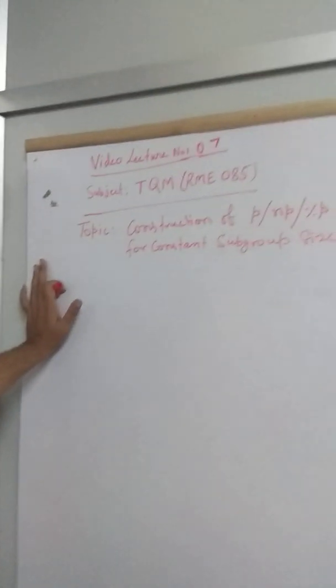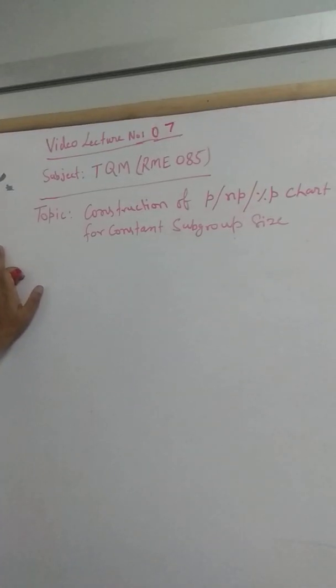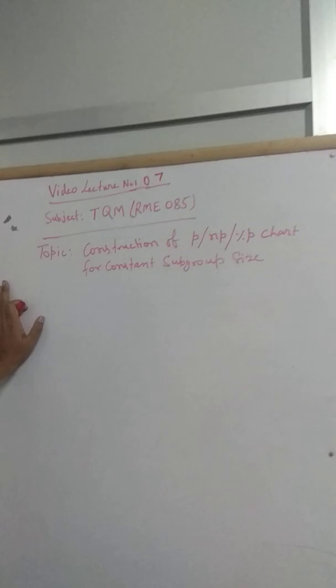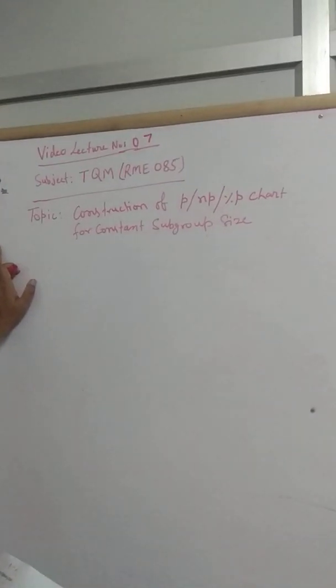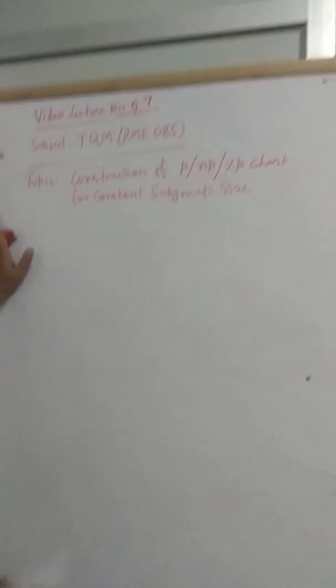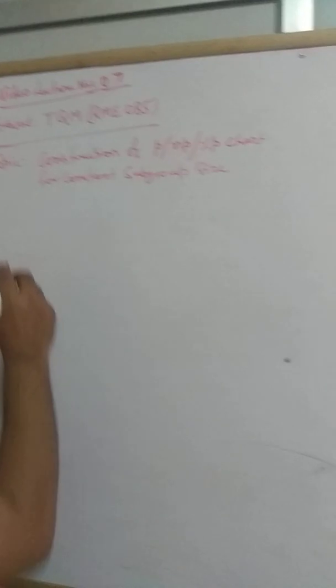Okay. So welcome to the video lecture number 7 for the subject TQM RME 085 on the topic construction of P/NP/percentage P chart for constant subgroup size. Okay. After going through this lecture,